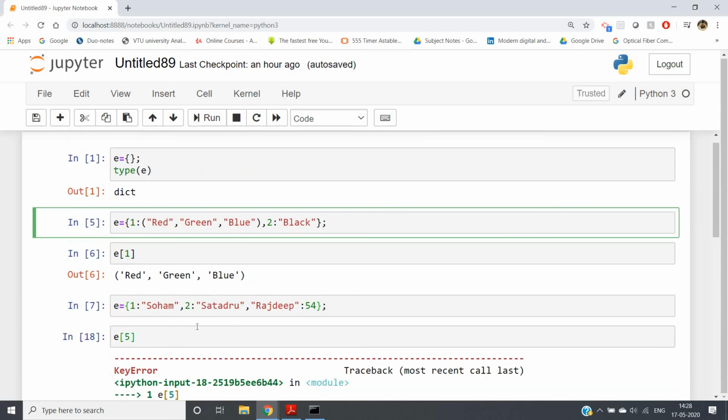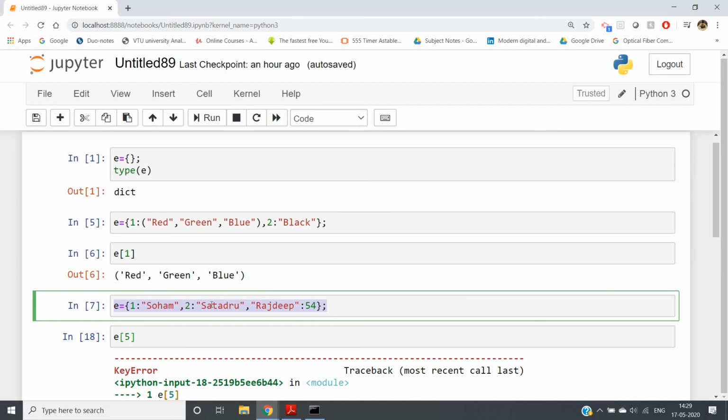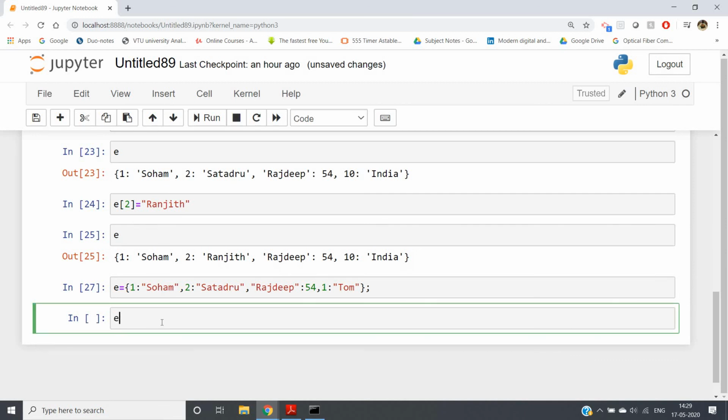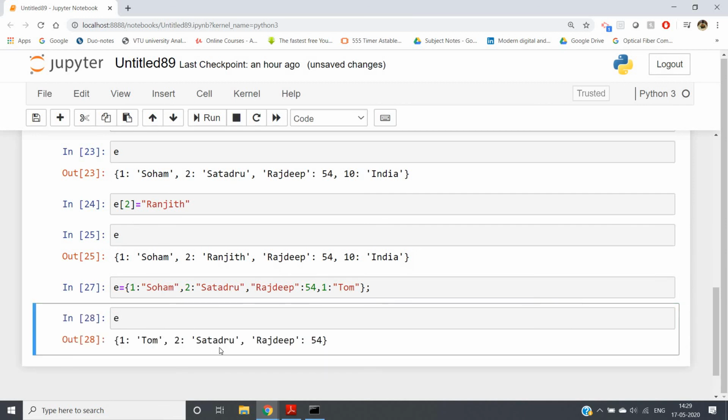Here I am taking one dictionary which I have already made. I am pasting that E equal to 1 colon Soham, 2 colon Satadru, and Rajdeep colon 54. That is, the keys are 1, 2 and Rajdeep. Now suppose I am adding one more key which is a repetition. Suppose I am taking 1 again, 1 colon Tom. Now see, 1 is present here, and here also 1 is present, so keys are repeated. Now if you run and print E, see what you will be getting: